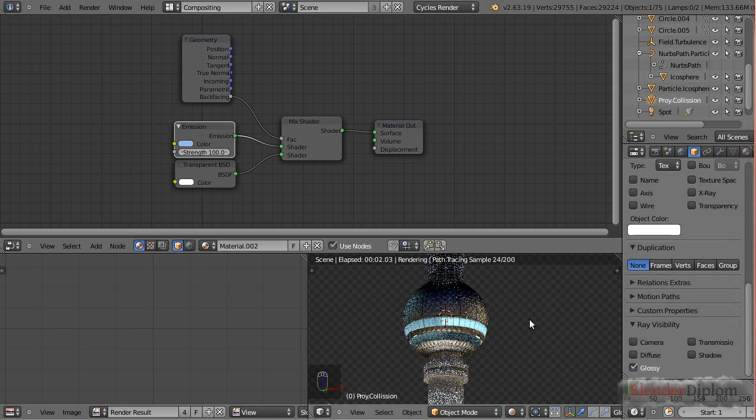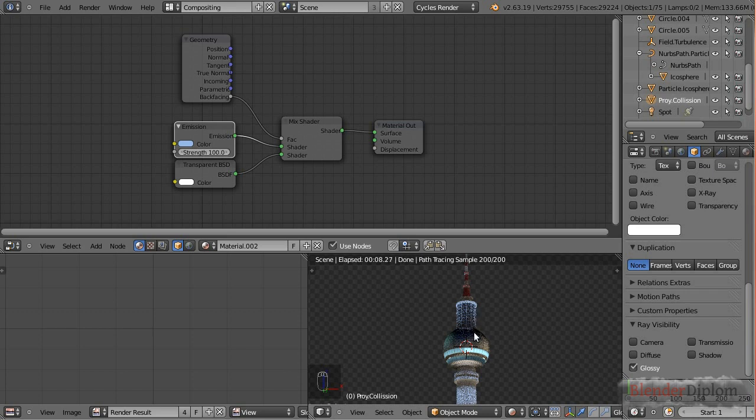Now let me go to the beginning to see if everything is working fine, and we see it's not working fine. You can see up here, where we've got transmission materials, that there is still some light cast onto the transmission material, and down here where we've got diffuse material, some light is still cast. It's coming from this object, even though we have turned off diffuse and transmission. And that's a problem in Cycles with